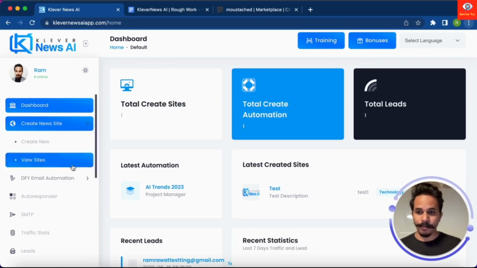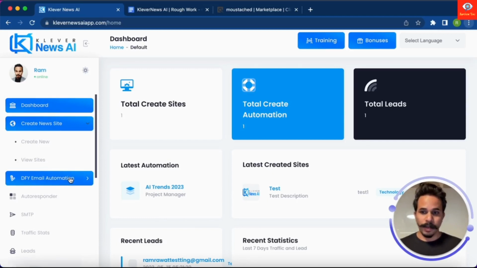If you can see on the left of the dashboard, you have so many options. The first one is creating the news website, and you can check all the websites that you have created inside the view websites option. Then you have done for you email automation, where you can set up an autoresponder so that people who have signed up to your website can receive a certain set of emails in the coming days.